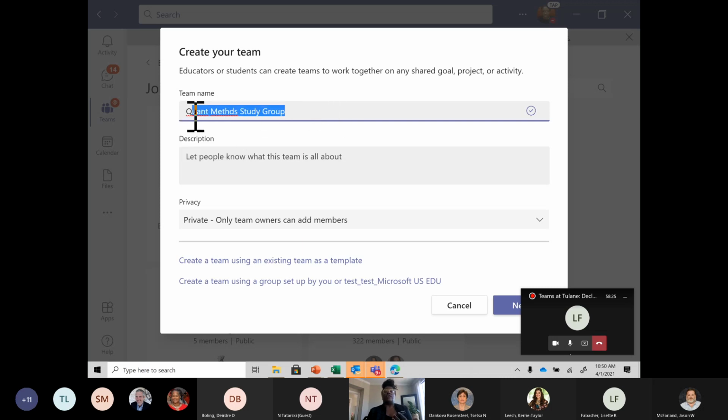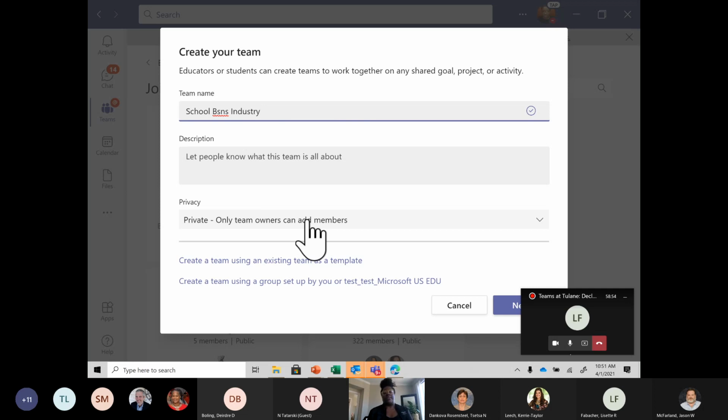So really be considerate when thinking of the name as something that's easily identifiable and specific to your need. If we're working in the department and we are going to do our School of Business and Industry, we might just name it that because there's probably only one. But if, within our school or college, IT has their own team, we will want to put in something that identifies the purpose of the team. We can put in a descriptor, and then you have the choice of whether your team is going to be